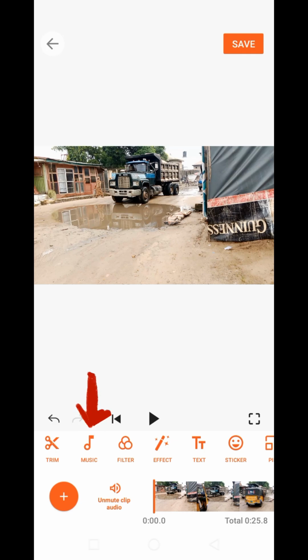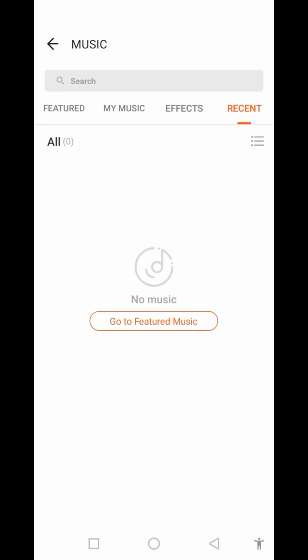YouCut allows you to import music from your device library or use the app's built-in music collection. To add background music to your videos, we will do that by tapping on the music icon, and then you are going to see four parts which contain the feature, my music, effect and recent. Let's forget the story and get it done. So I'll click on what? Music. Now the feature part is